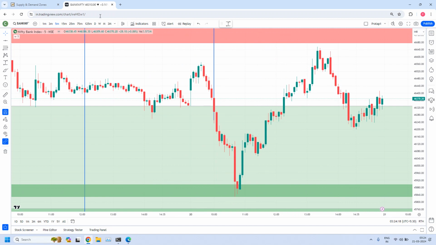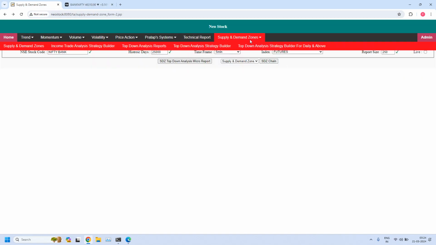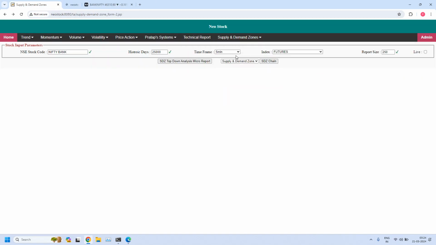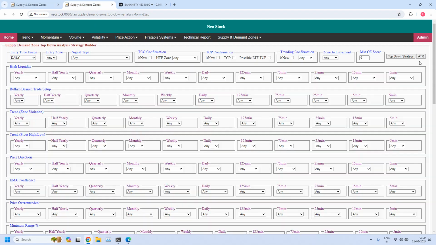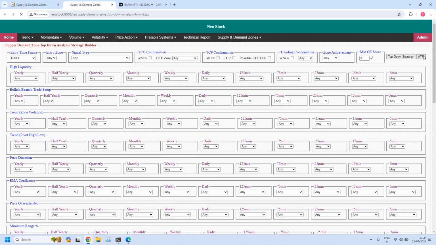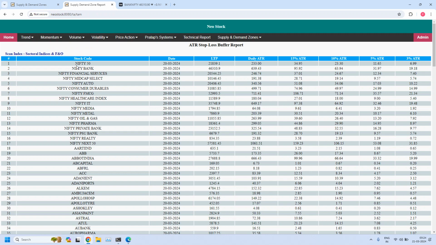They are available. Let me show you our main strategy builder, because stop buffers are based on ATR. See here, if I click Nifty 50 stop buffers, we have Nifty Bank stop buffers, Nifty Financial Services and Nifty Midcap. All these 4 are part of our F&O trades. Apart from that, the remaining equity stocks are from 18 onwards. The remaining are all sectorial indices.